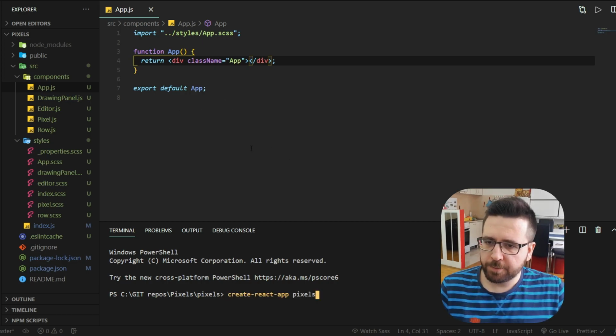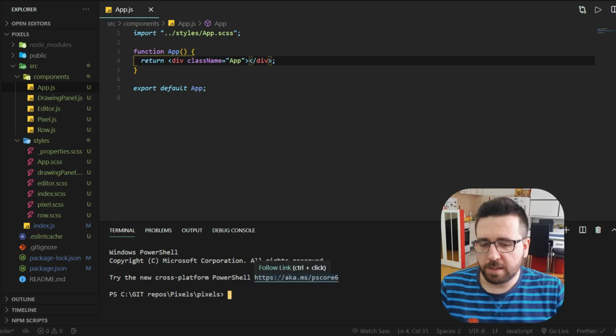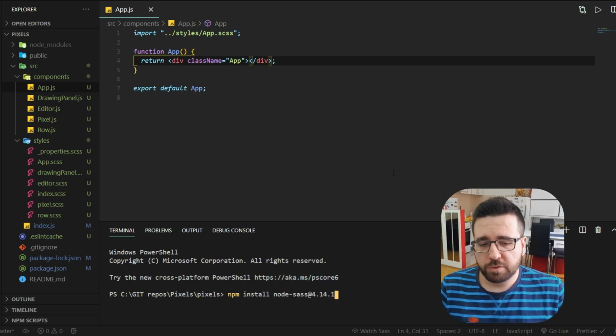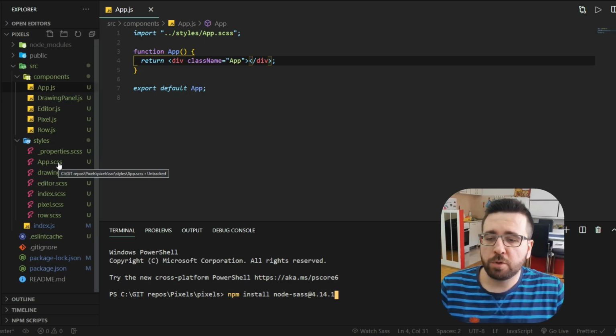As you can see, I already have a React app set up. I'm using the create-react-app pixels command to create a new project called Pixels. There are a couple of plugins that you will need to install. If you want to use Sass, you will need to set up this plugin over here with this command. So npm install node-sass at 4.14.1, and then you will be able to rename all of your CSS files to